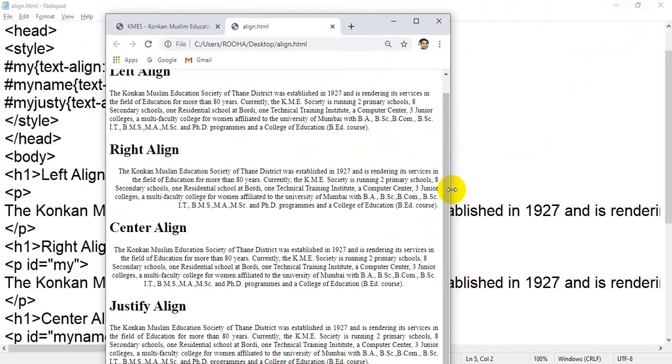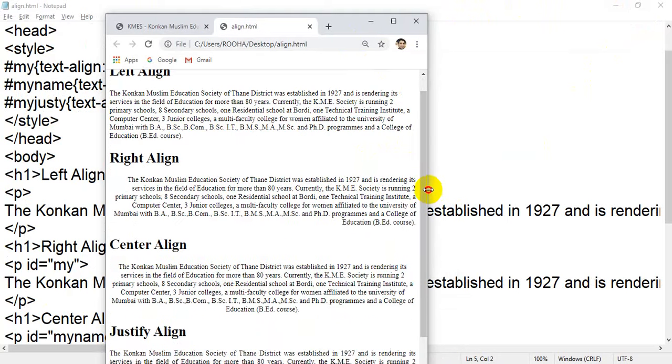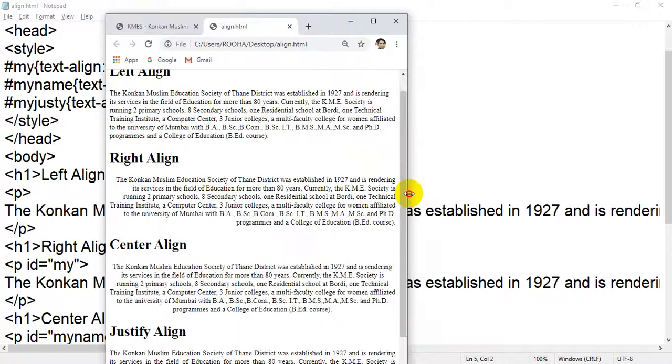For example, I am going to reduce. See, it's left aligned, clearly aligned on the left, but there is some gap on the right-hand side. It's not aligned on the right because it's left align.